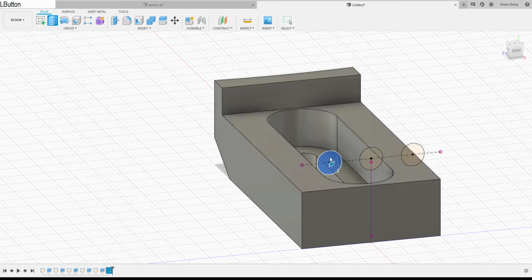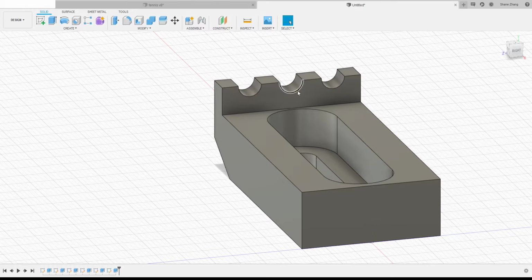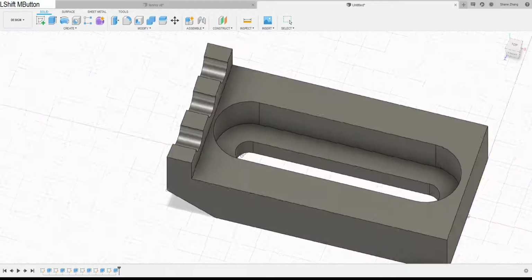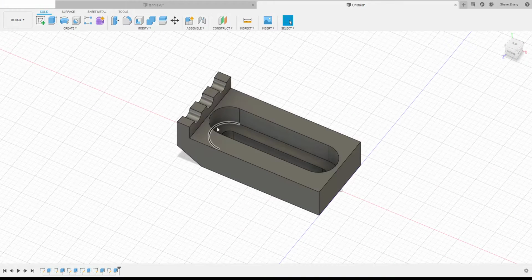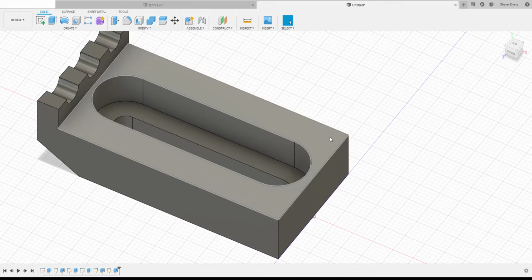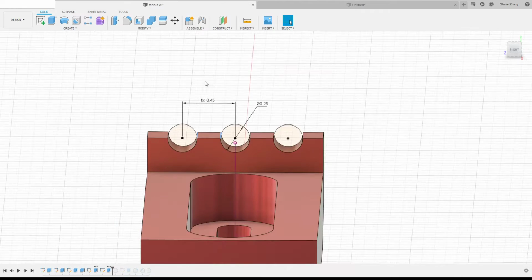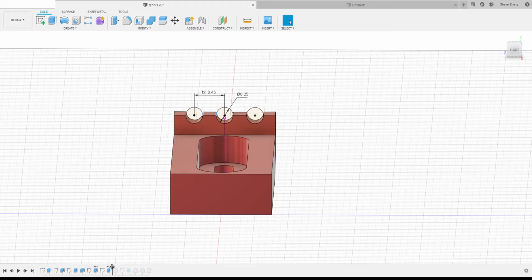We'll go extrude 3 circles. We want through all, flip the direction so it goes that way, and it's a cut. Alright, and the last step would be those two circles. So it's also the same step. We just need to